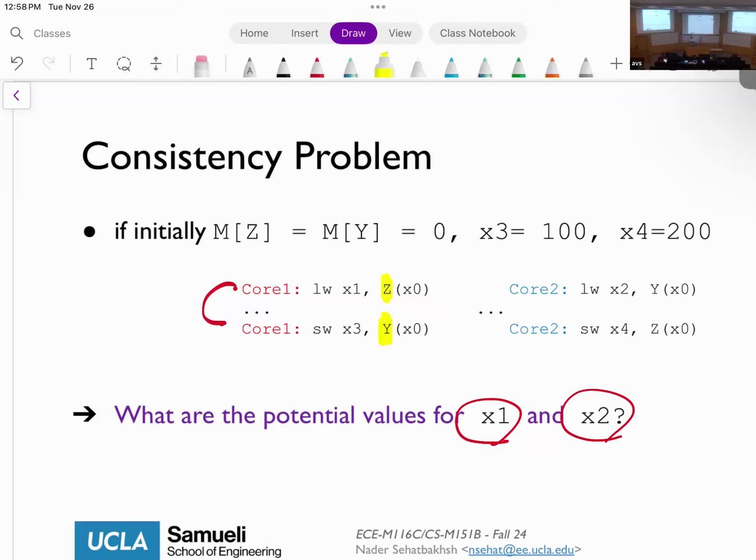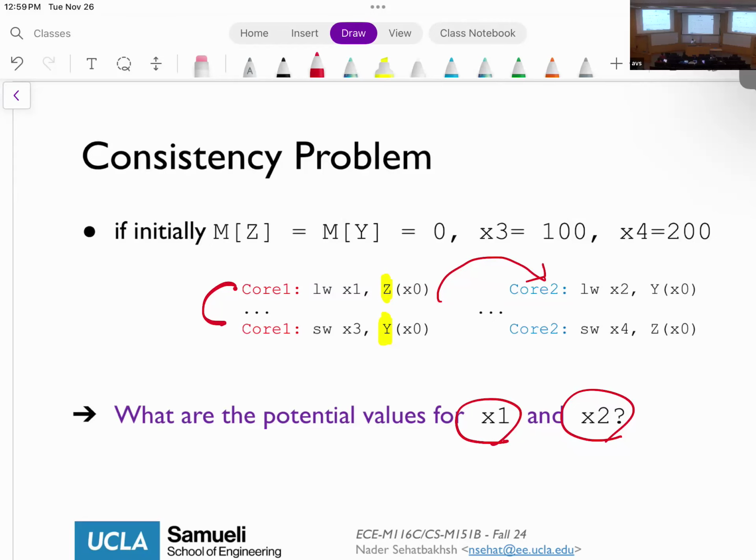So it's perfectly fine that they can be reordered per core. Nothing bad happens if this is the only program that is running on the system, one core. The problem, though, is that if the compiler decides to reorder things, that might impact the other core. And again, as I said, the ordering might be different. So that's what we call the memory consistency problem, and that's why we have it.